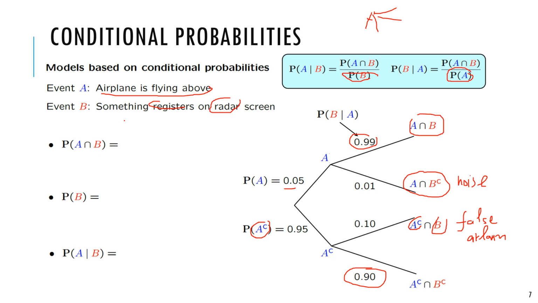So here we calculate some interesting events. First, A and B. It means that an airplane is flying and something registers on the radar screen. Here is the probability of A given B multiplied with the probability of